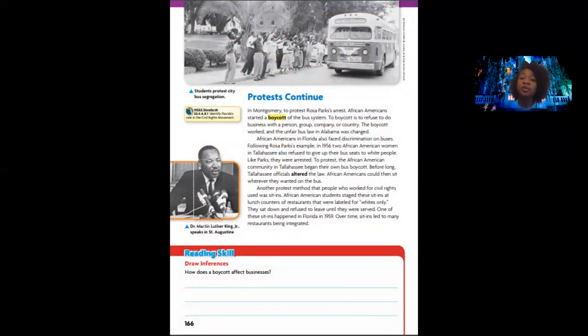Protests continue. We have actually learned a lot about civil rights this year in 4th grade, which I'm pretty proud of. So I want you to think back to Claudette, who refused to give her seat up before Rosa Parks. And then think about Rosa Parks, think about Martin Luther King Jr., think about all those people we've already read about this year as it comes to these kind of movements. And you're going to see again the word boycott, and you guys are pretty knowledgeable on that, but this is as it pertains to Florida. The ones that we read about took place in Birmingham and over in Alabama, a couple states away. This is what took place in Florida.